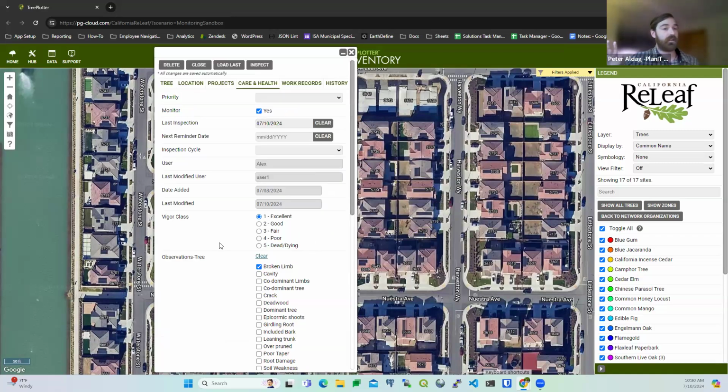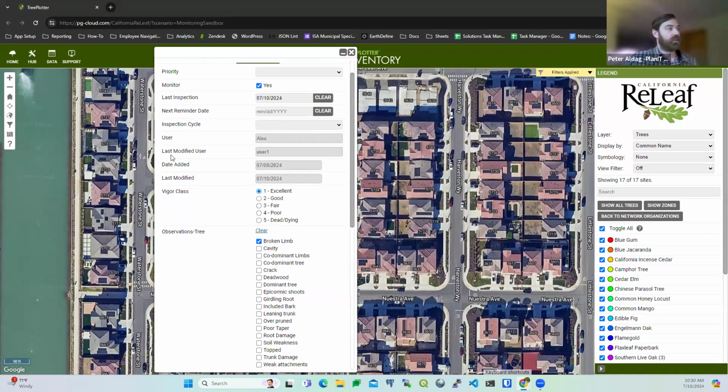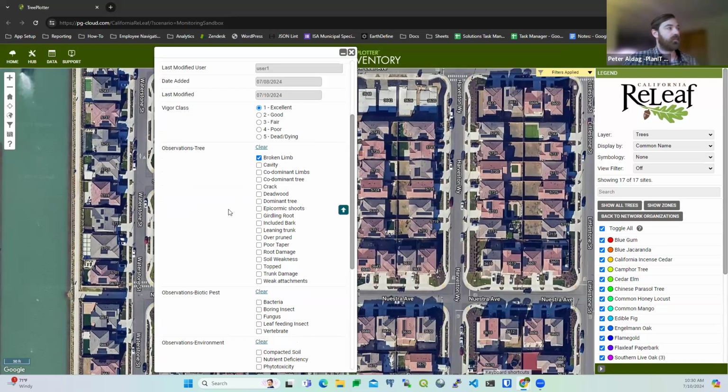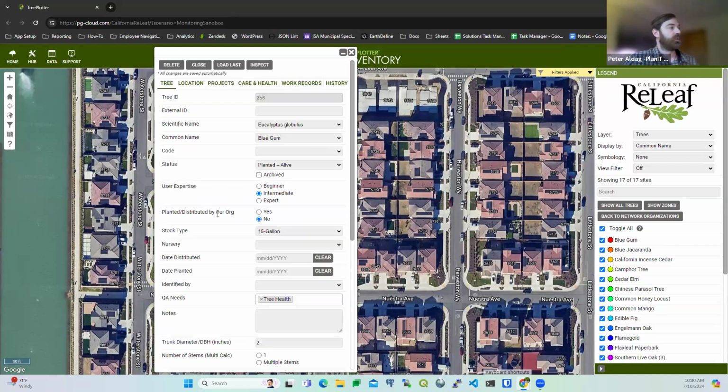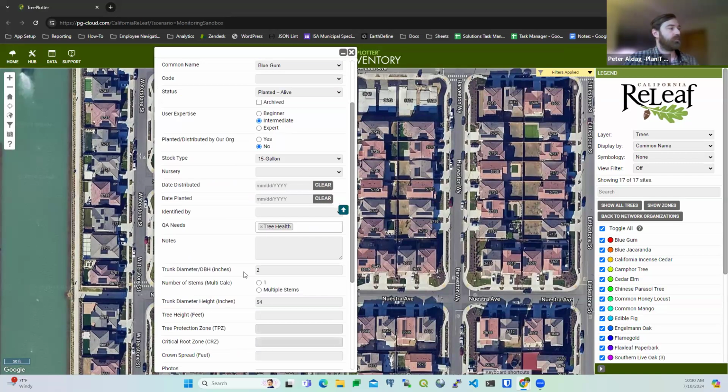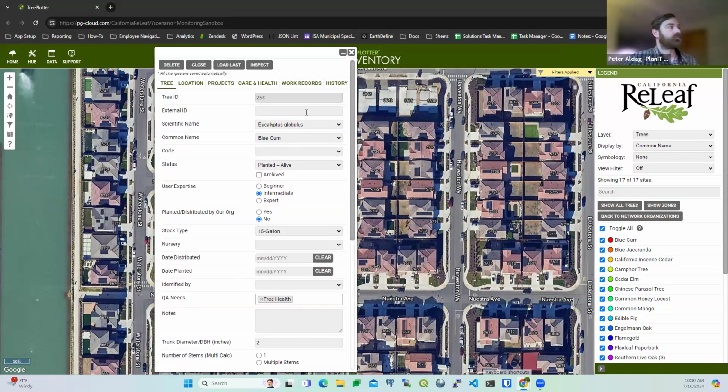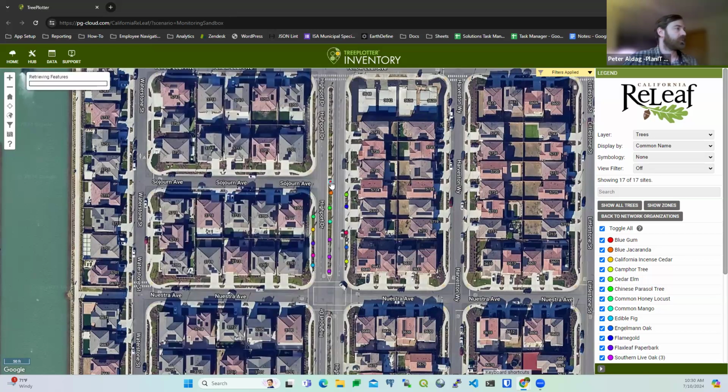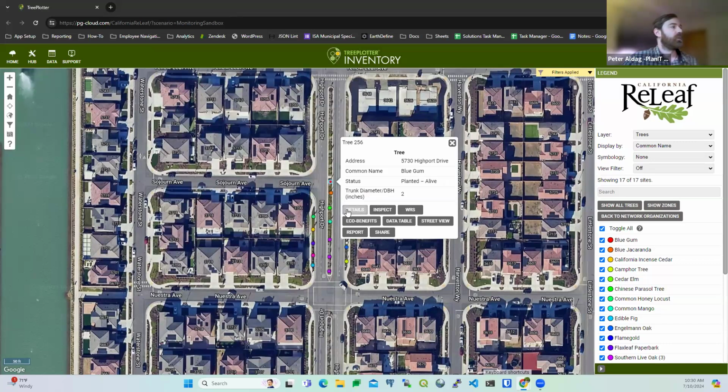And now notice that I didn't press any buttons. The observation broken limb was automatically captured and updated in here. If I go to the tree, I can see my DBH, my trunk diameter, was automatically updated to 2. And if I go back to my tree, let's say I went away and revisited it, I go to the